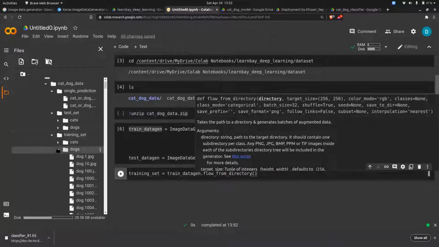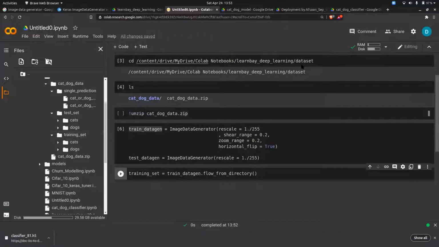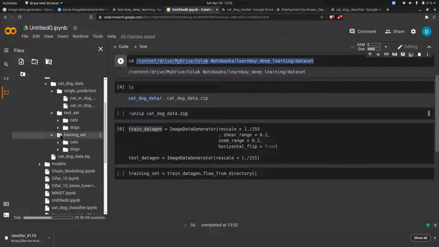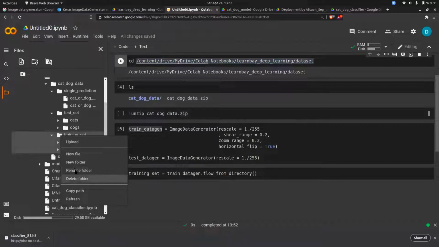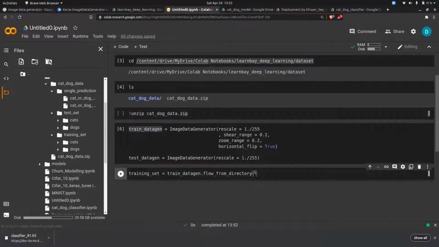The cat and dog dataset. So I will just copy the path and paste the path here.